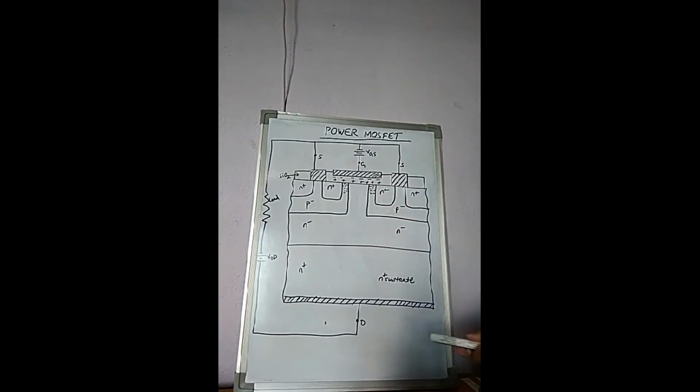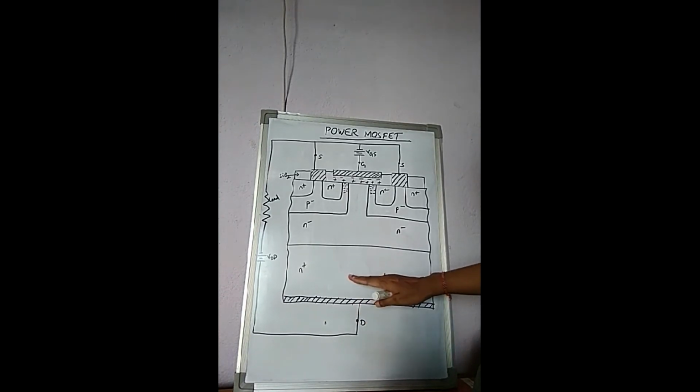See, this is the constructional detail of the high power MOSFET. This high power MOSFET is quite similar to the low power MOSFET. See how much similarity there is and what the differences are. First of all, there is one n plus substrate, and over this n plus substrate layer a metal layer is deposited. From this metal layer, one terminal comes out, that is the drain terminal.